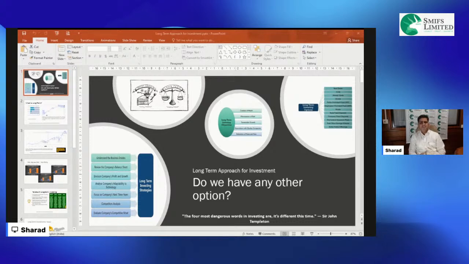But in most industries generally, which are connected to our daily consumption, you can form a 10-15 year view that more or less this will be in place over the next 10-15 years. It is difficult on the disruptive side of it, but generally commoditized businesses and consumption driven businesses or service industries, you can more or less ascertain that this will be in place. The demand for the product or the service will be in place for the next 10-15 years.